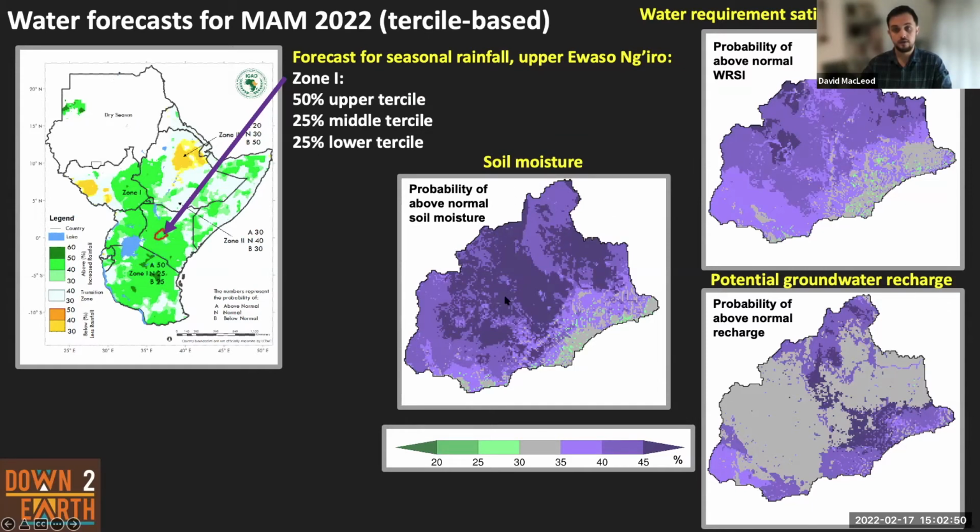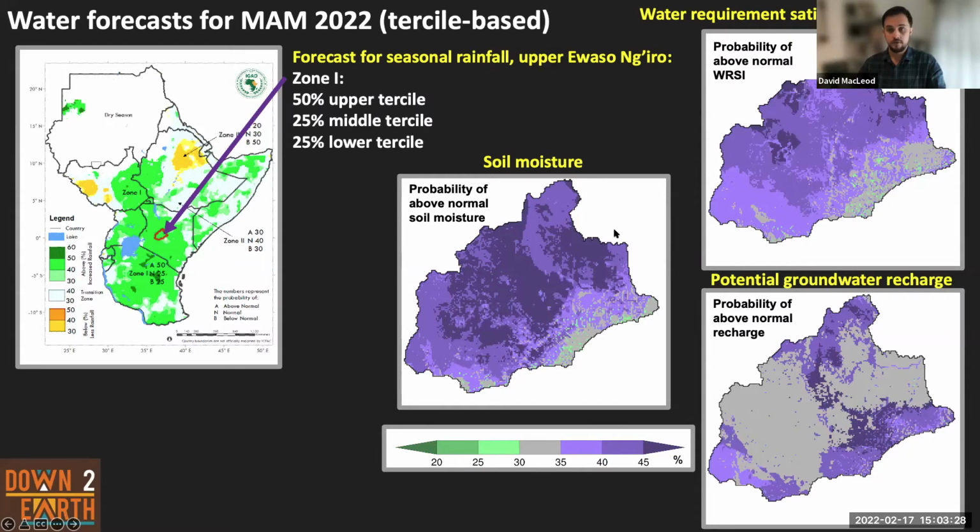So most of the basin in the north part is lower land, and then in the south and southeast is higher land, it's uplands. And we see in those uplands, even despite there being increased risk of upper tercile rainfall, the chance of upper tercile soil moisture is not changed significantly from normal. So the processes governing the partitioning there are working to somehow dampen that signal of rainfall, and are not leading to particularly high soil moisture signal.